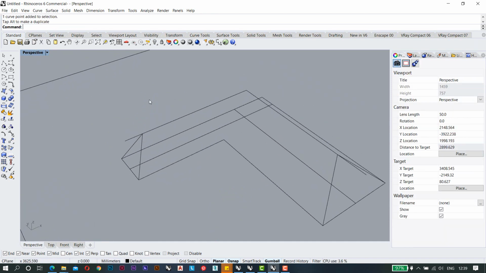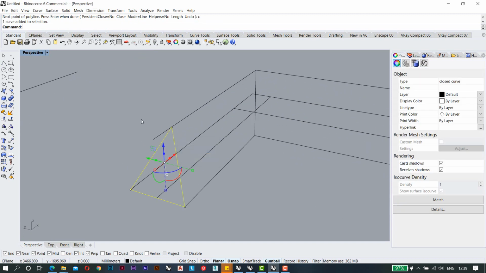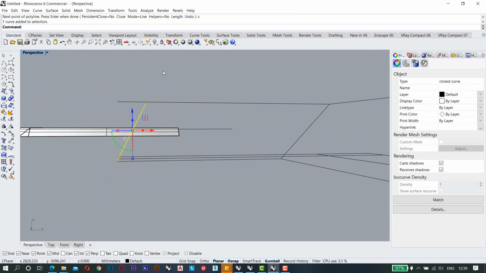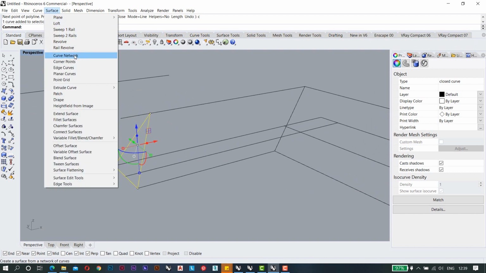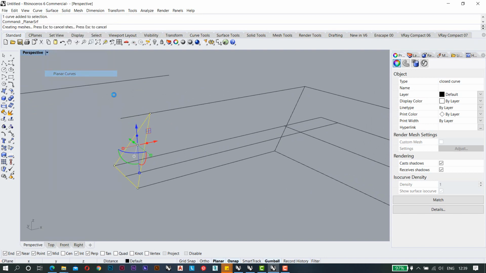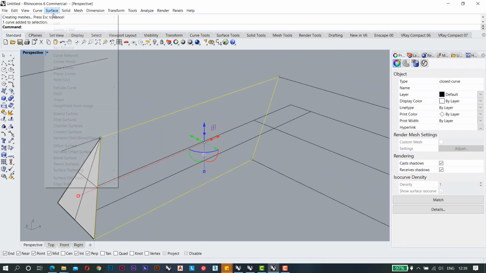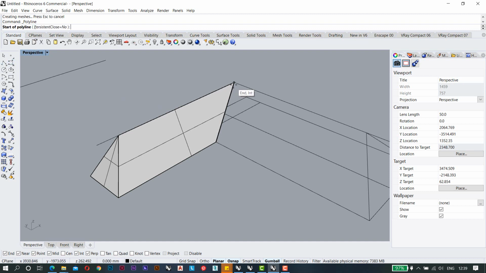So in this case it will work like, we will make different parts of this roof. So this is first part, and we will select it. It has to be in single plane. The single plane could be in any angle or could be in any direction. So click on planar curves, we have this option. It will make the surface. Then we will select this part and again go to surface, planar curves. It will make the parts accordingly. So you will make all the parts.